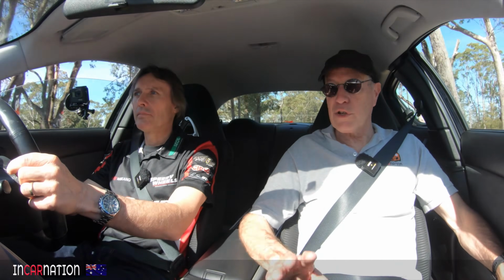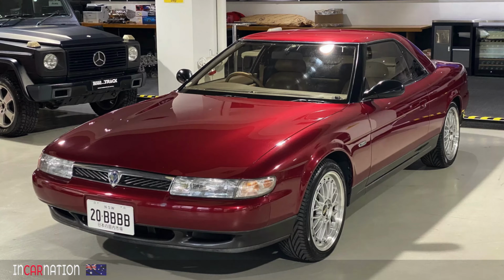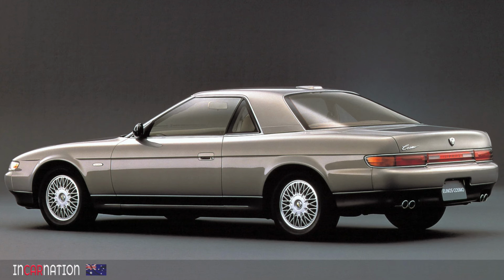And as originally fitted to the Cosmo in Japan, wasn't it? That was a car that never came here. Wouldn't it be good if they put a Cosmo motor in this car rather than the twin rotor 13B? Well, that would just finish the RX-8 off beautifully, I think, if it had a little bit more power, but